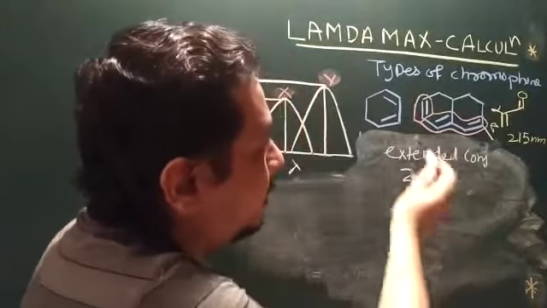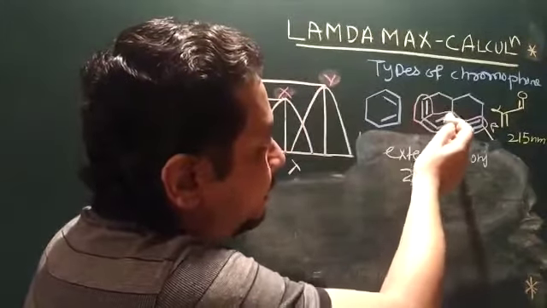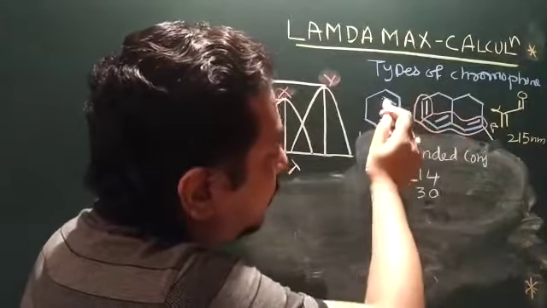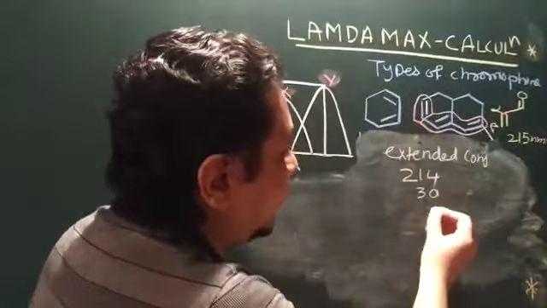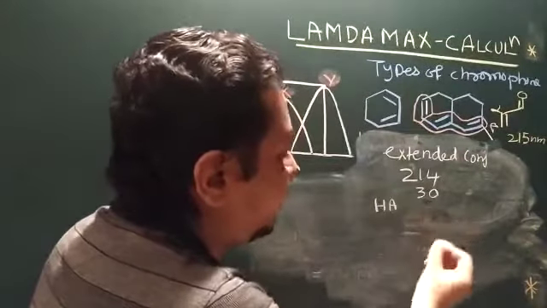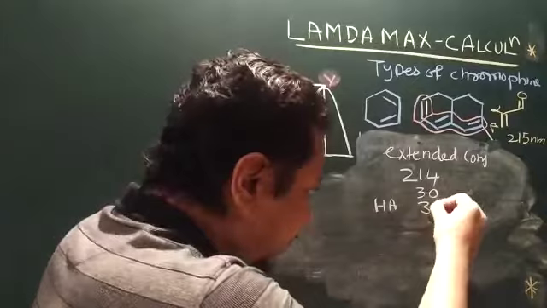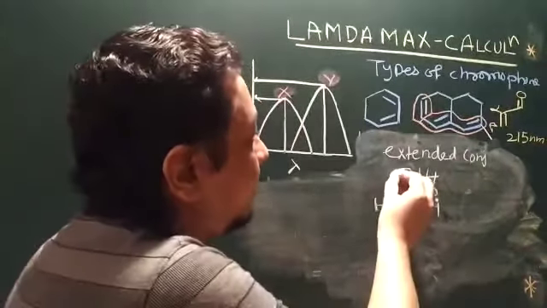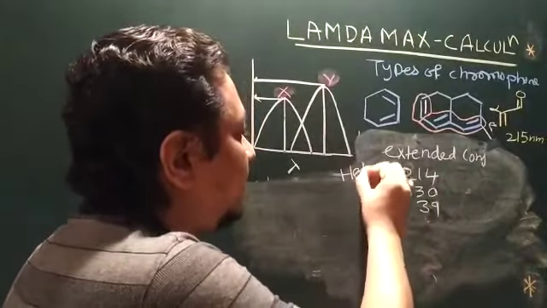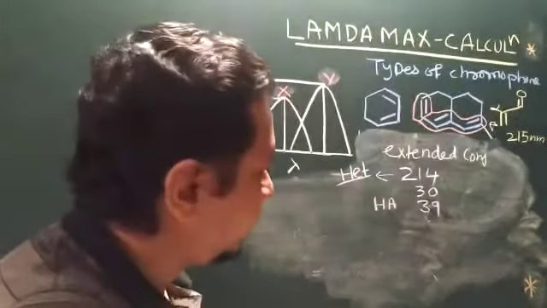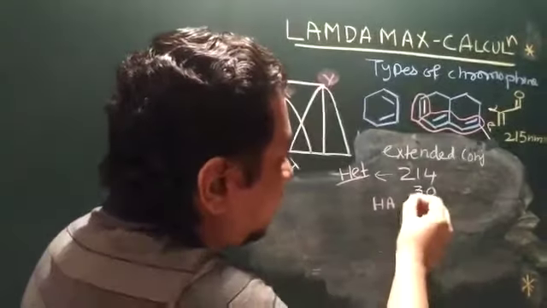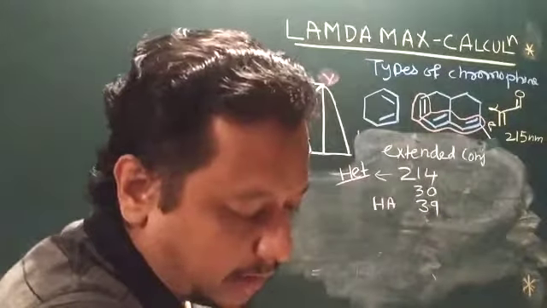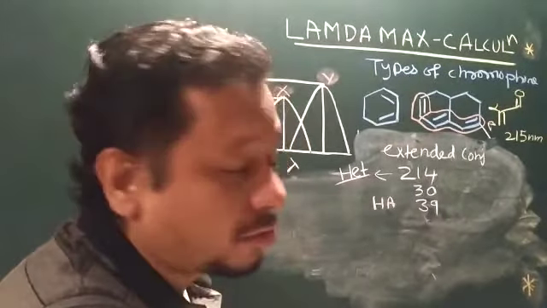Now remember this, if in the extended conjugation they are homoannular to each other, if you see this extra one, these two are homoannular to each other, in that case I have to add homoannular features. For that feature I have to add 39 extra. Okay, so I'm giving an example when I'm taking heteroannular diene as my basic value. Then for extended conjugation I have added 30, then since that extended is homoannular to each other, 39, and then let me talk about ring residue.